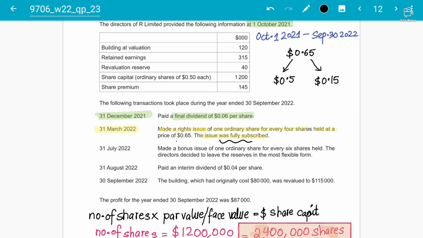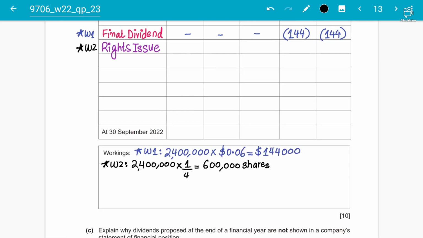और सारे के सारे जो शेयर्स हैं वो सब्सक्राइब हो गए, मतलब कि जो एग्जिस्टिंग शेयर होल्डर्स थे उन्होंने देखा कि मार्केट से कम रेट पे मिल रहा है, तो उन्होंने सारे के सारे 600,000 शेयर सब्सक्राइब कर लिए. किसी क्वेश्चंस में कम कुछ होता है कि सिर्फ 200,000 ले लिए, सम लेस ले लिए, बट यहाँ पर सारे के सारे शेयर्स ले लिए हैं. तो आप ये कहोगे कि सर शेयर कैपिटल की जो वैल्यू होगी वो 600,000 इंटू 0.5 होगी, और शेयर प्रीमियम की जो वैल्यू होगी सर वो 600,000 into 0.15 होगी.